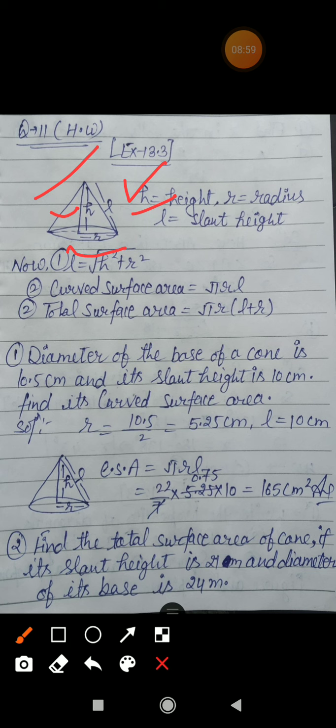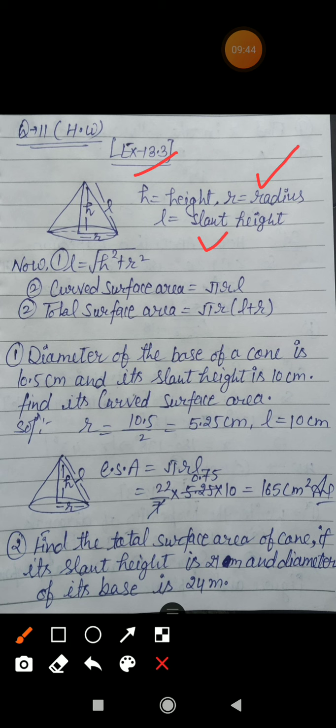Here we start with the length, because first of all, when you read a rectangle or any type of shape, L is the length. But in this shape, L is known as the slant height, H is known as the height, and R is known as the radius. Clear? So by this figure you understood the concept of a cone. If you have any query, you can ask me. I repeat again, this is a cone and a cone has three dimensions: first is height, second is radius, and third is slant height.